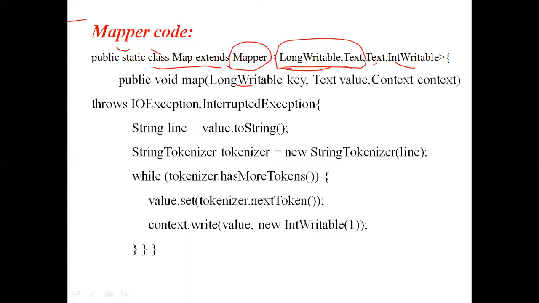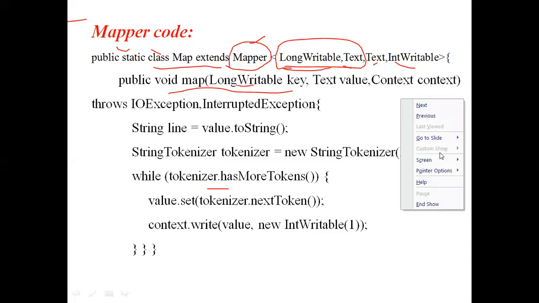Already we told the mapper class will contain the void map. What is this map method? Map method is an abstract method which is available in the mapper class. So that means that name is a predefined name. We have to implement that method. So that's why, to use this map method only, we are extending the mapper class. Why? Because we want to use this map method which belongs to this mapper class. Clear?